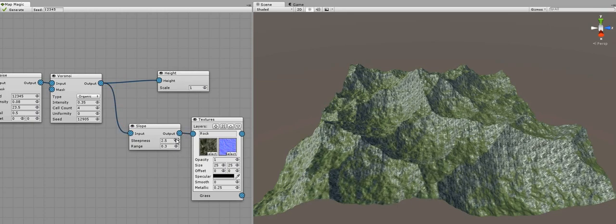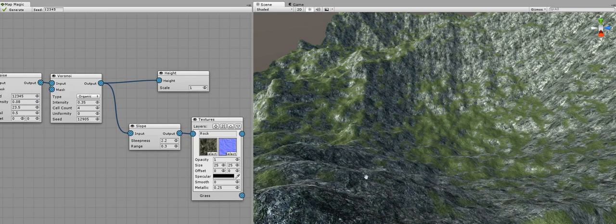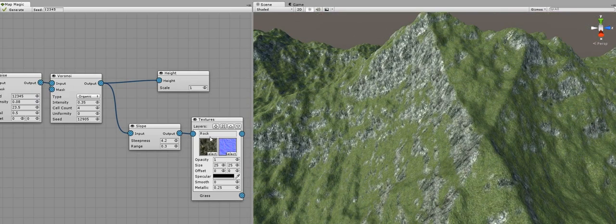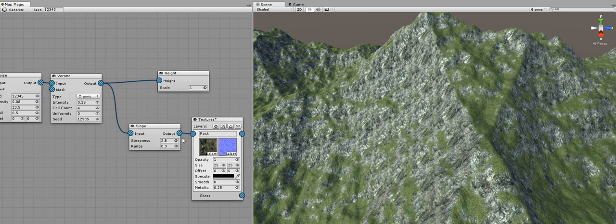By adjusting the steepness value, we can set the incline level that will be filled with rocks. And the range slider determines how sharp the gradient will be between the rocks and the grass.